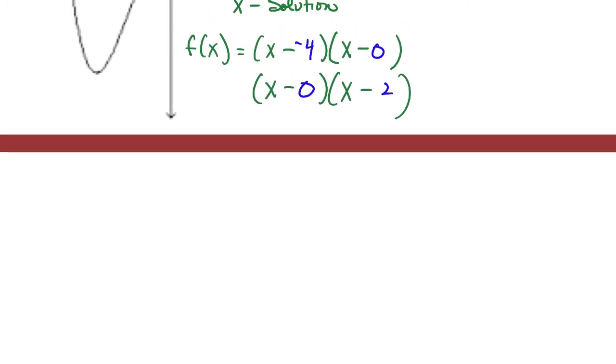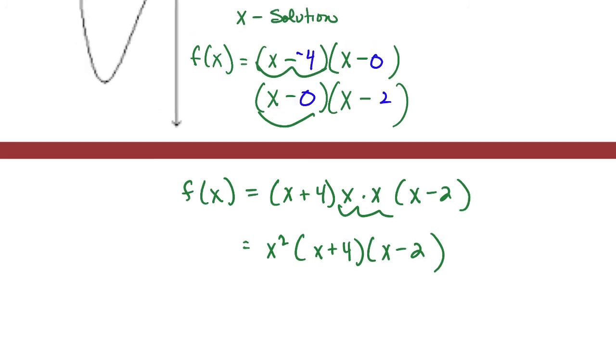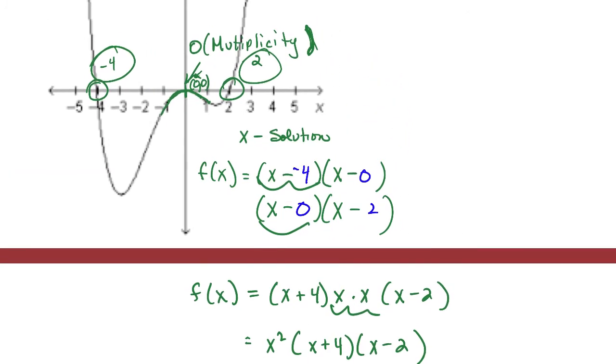In this case, f of x, double negative in that x minus negative 4, so x plus 4. X minus 0 is just x. X minus 0 is just x, and then x minus 2. So this x times x we'd write as an x squared, and then we've got our x plus 4 and our x minus 2. Now, once you get the hang of this, everybody, hopefully you realize anytime you get 0